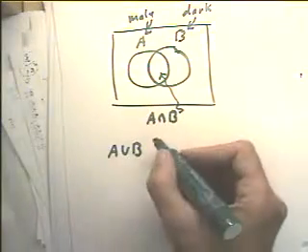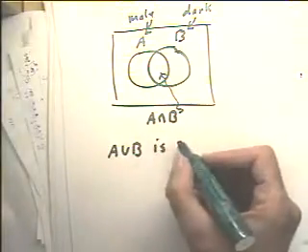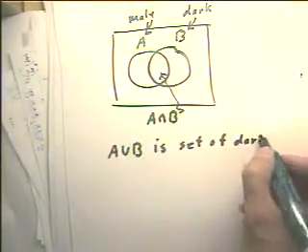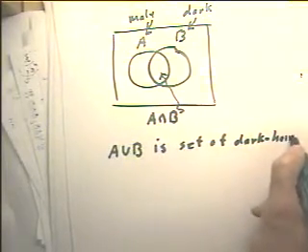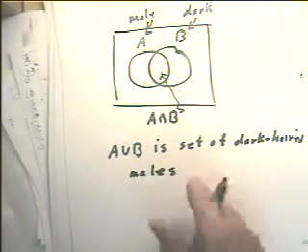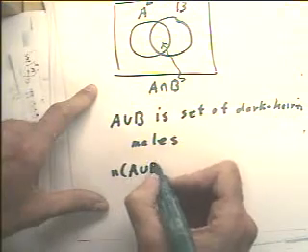A union B is what we get when we lump these two sets together. That is the set of dark-haired males. Now the number of people in that set A union B,